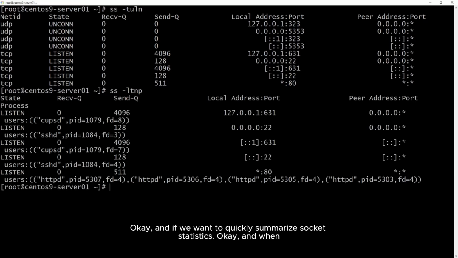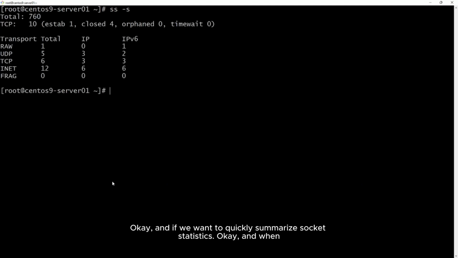And if we want to quickly summarize socket statistics, we can do that too. And when the output is too long, we can redirect it to a file for analysis.